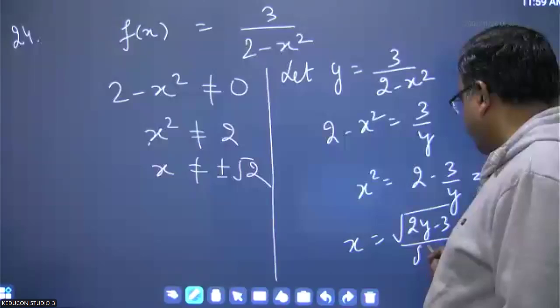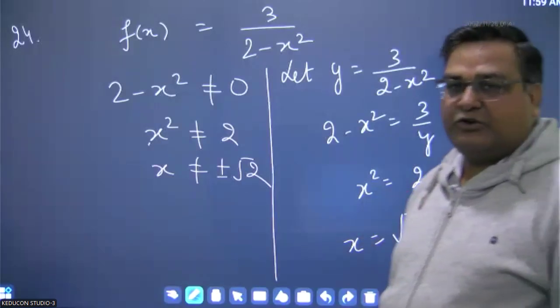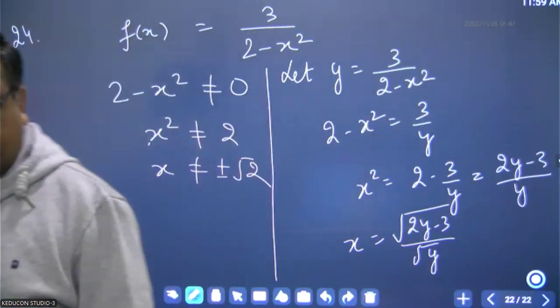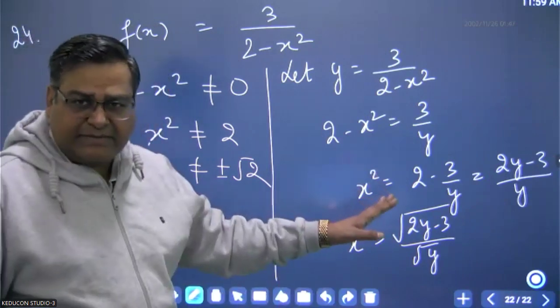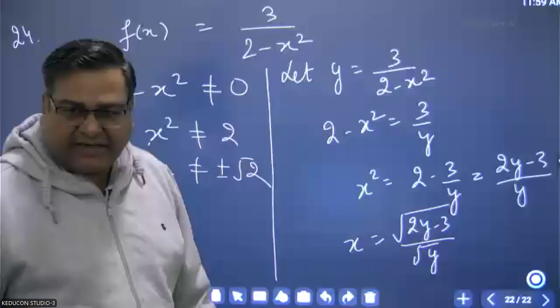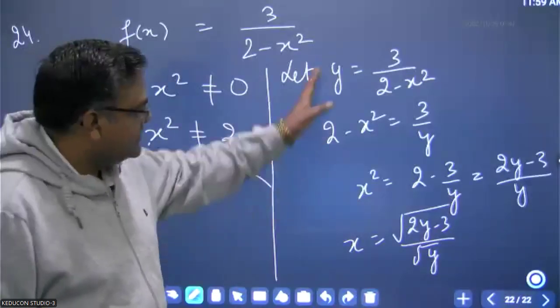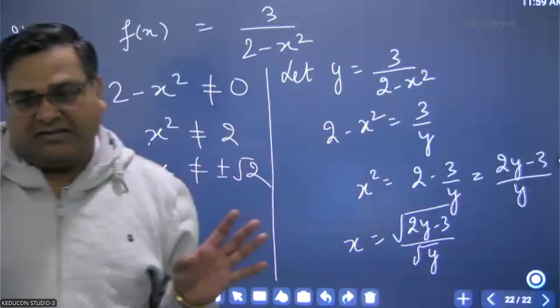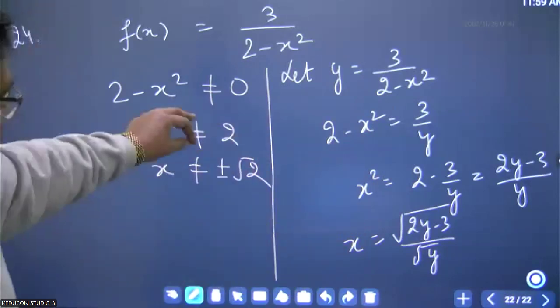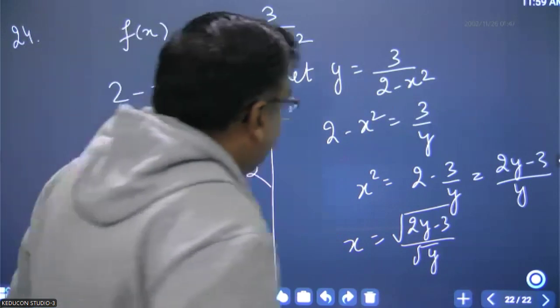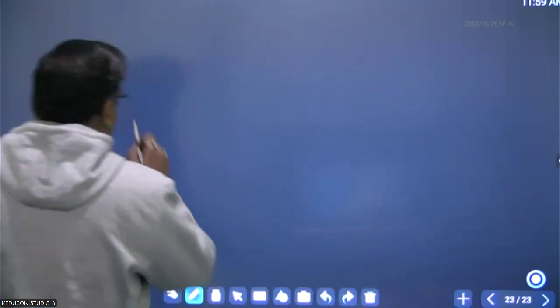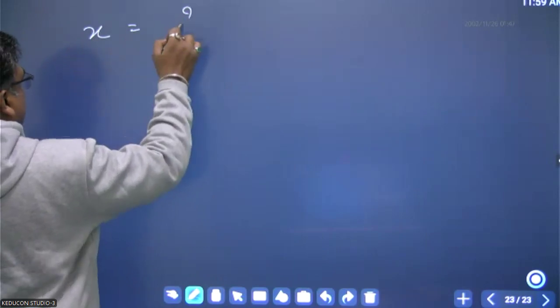राइट बच्चों? अब यहां से आप डोमेन के रूल्स लगा दो जी इसके, राइट? तो आगे कैसे करना है? आई होप यहां तक क्लियर है आप सबको जी. इज दिस पार्ट क्लियर? जस्ट मैंने फंक्शन का चेंज किया है, इसको y से x में किया है जी अभी तक तो बस. ठीक है, अब आगे देखिए कैसे करना है. x is equal to,